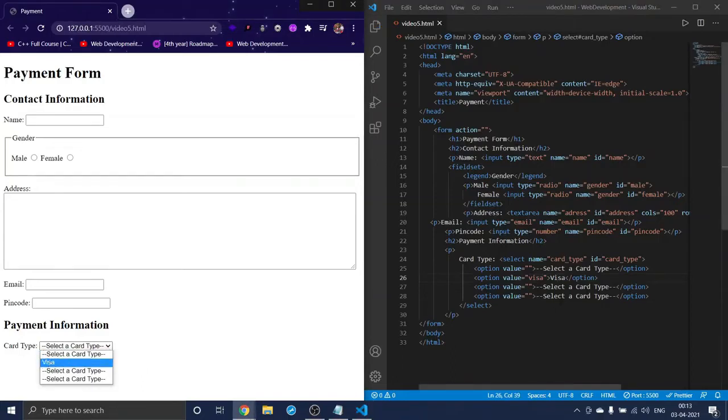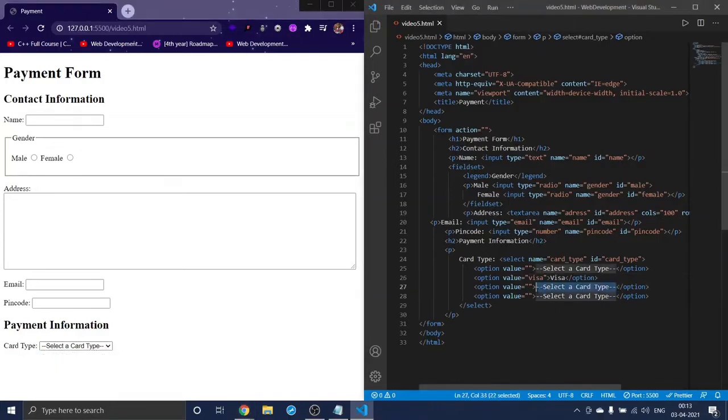See, Visa, and here I will change this to Mastercard, and the value to Mastercard, and this I will do as Rupee.